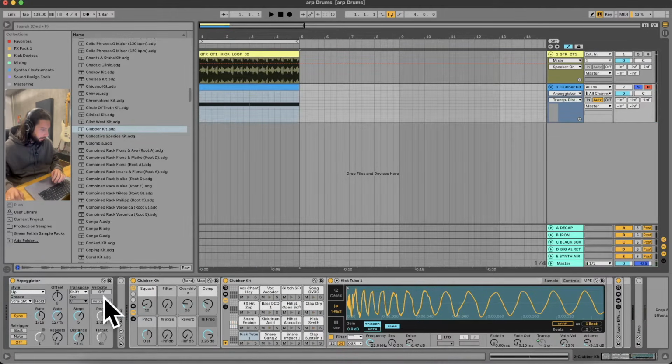Anyway, the main factors here are going to be the distance, the rate and the steps. Obviously all these parameters play a part, but more so the distance is what I'm mainly playing with. So let's check it out with the ARP on. Similar to when I use Rosetta sequence, right? But